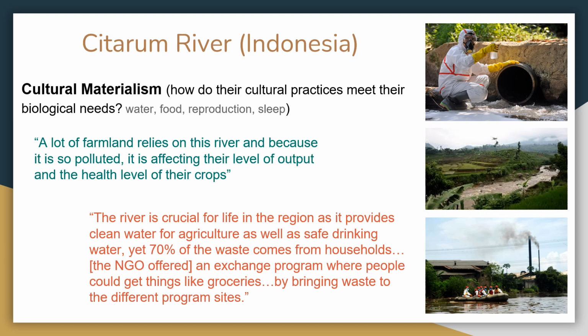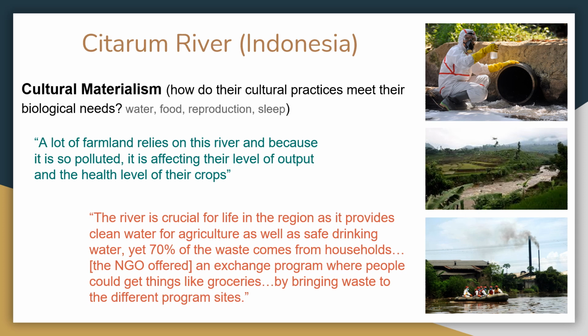The second student says the river is crucial for life in the region as it provides clean water for agriculture as well as safe drinking water for people. Yet 70% of the waste comes from households. The NGO offered an exchange program where people could get things like groceries by bringing waste to the different program sites. What I like about this quote is that the student clearly links the reliance of people on the river